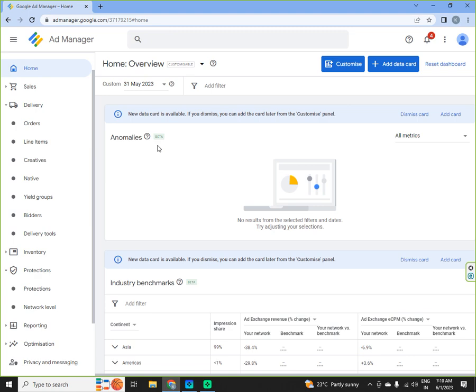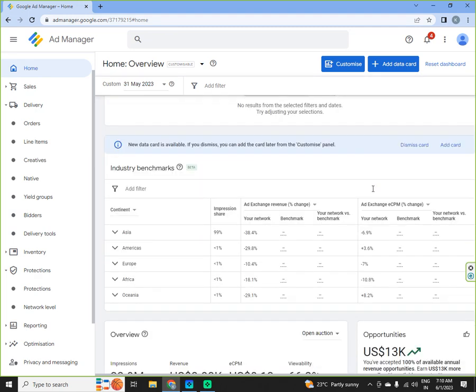Any big change in revenue, whether it is a drop or a jump of revenue, will also be reflected over here. So as of now we cannot see any kind of anomalies for this publisher, and these are